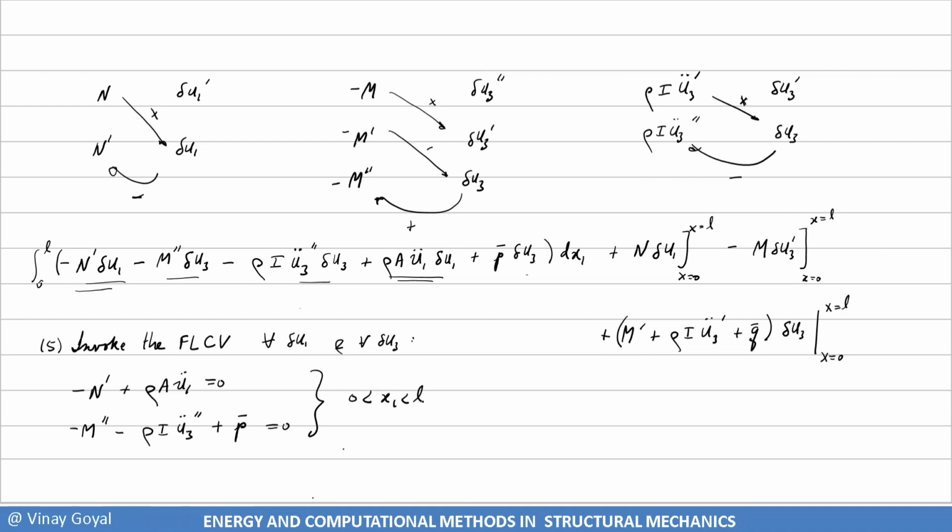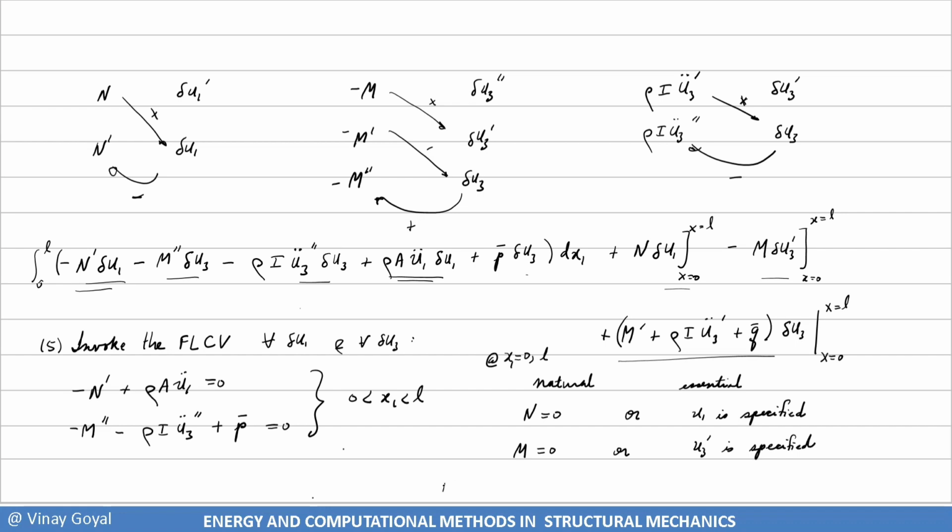And they have a number of boundary conditions that need to be written. And they're all based on these ones here. And they're going to depend on what kinds of boundary conditions I have. So I look at the endpoints. I have the natural boundary conditions and essential. And this is true at the endpoints x equals 0 and L, x1, sorry. So natural boundary conditions are either n is 0 or u1 is specified, m is 0 or u3 prime is specified, meaning the slope is specified,